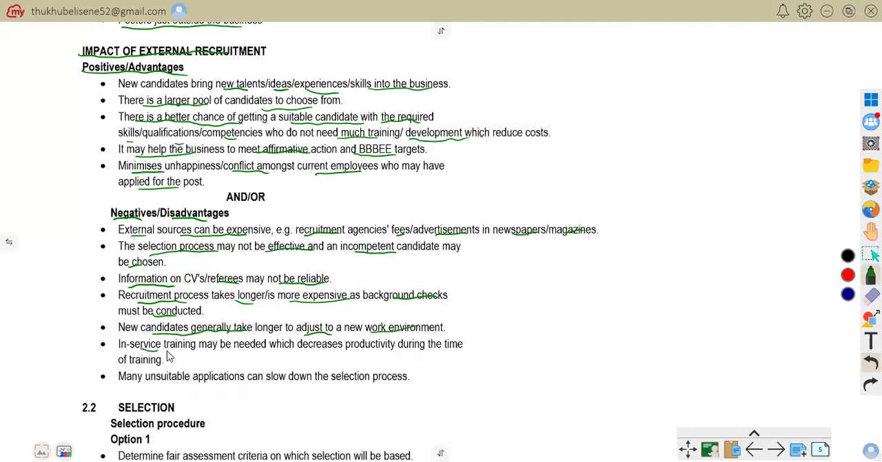In-service training may be needed, which decreases productivity during the time of training. So training may be needed, which is going to take time, and that will make production decline during those training sessions. Many unsuitable applicants can slow down the selection process. For example, HR sorts through 300 CVs, only 10 suitable. So you see,